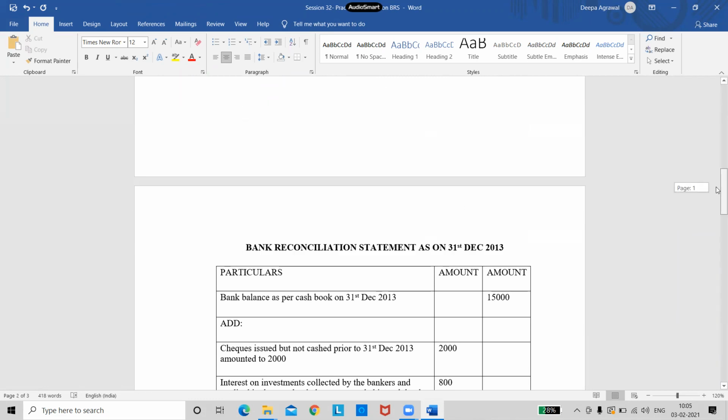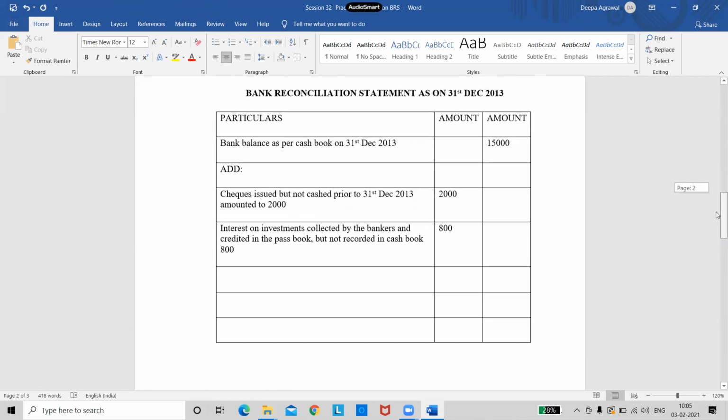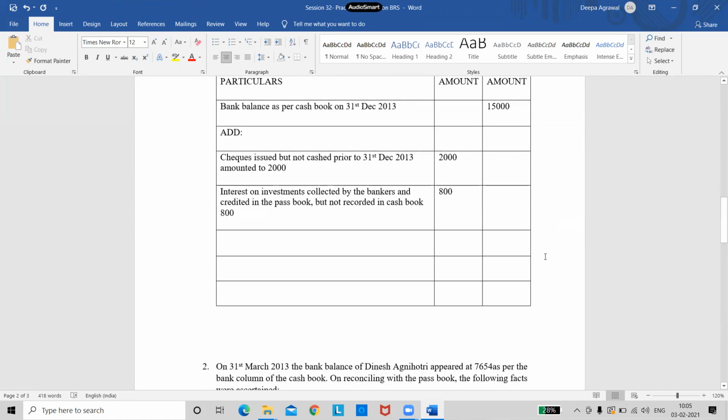So I'm bringing it to one page so that it's easy for you to understand. I have these 2 things. Now I'll put the total of these 2 things in the outer column. So the total would be 2800. Correct? Yes. So now I have 15,000 on the top in the outer column. I have this 2800. Now I need to put the total of these 2 below. So the total would be 17,800. So now 50% of my problem is done. I got one total.